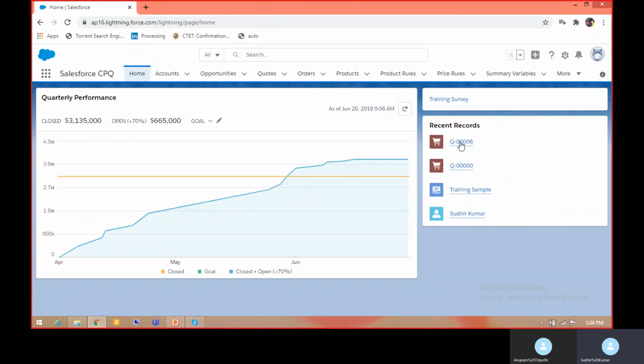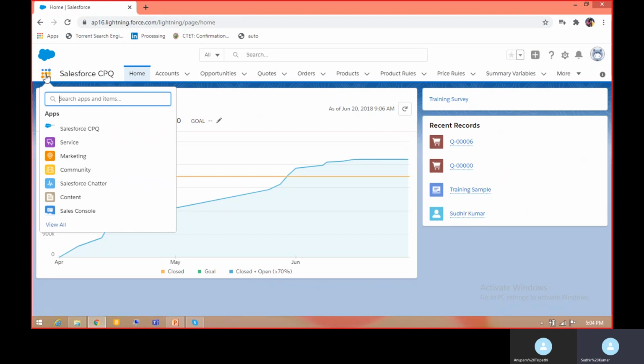I hope you have configured your playground. I have logged into my Salesforce account, and for accessing the Salesforce CPQ package, you just click on this app and select Salesforce CPQ.